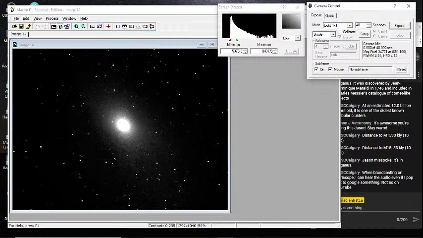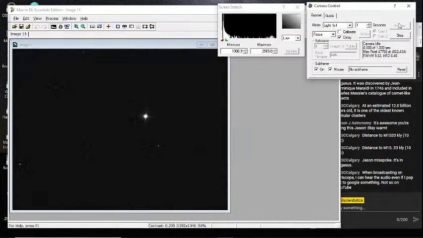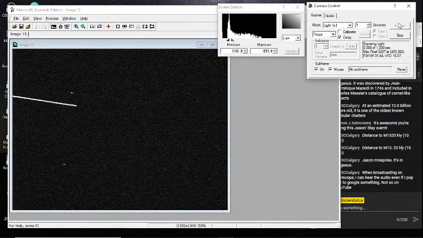Oh, yeah, M15. Yeah, it's in Pegasus. I goofed. I'm going to blame the cold air. So I'm just going to go to focus mode here for a second so I can get the guide alignment star centered. Way too much.